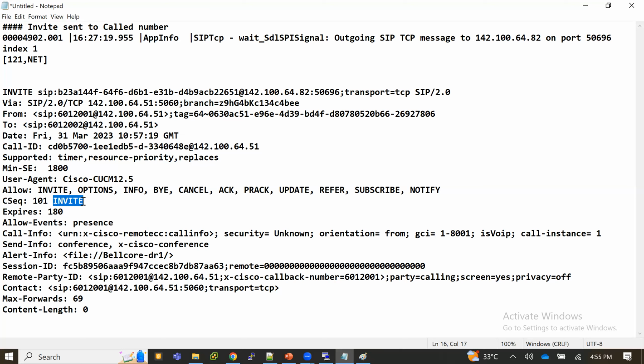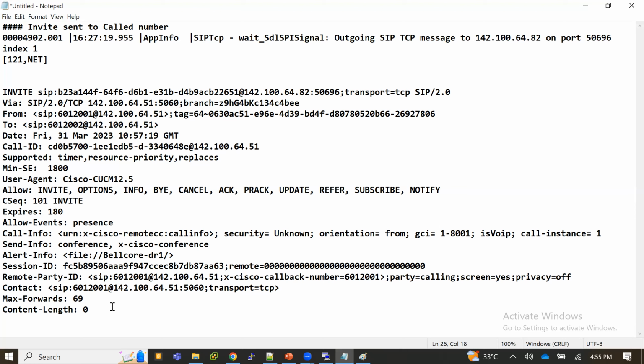This sequence always comes only in the INVITE message. Then Session-Expires, which means session expire. Then Max-Forwards will be there, and Content-Length will be there. So you have to tell about all these headers, and you should know what exactly each header does. The first one here is the INVITE which I have taken from